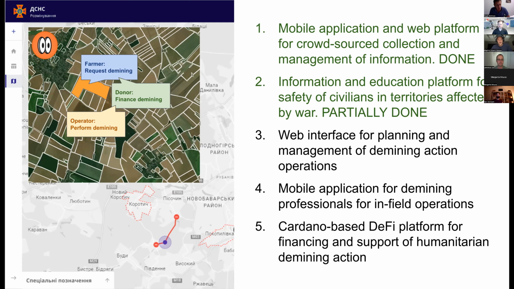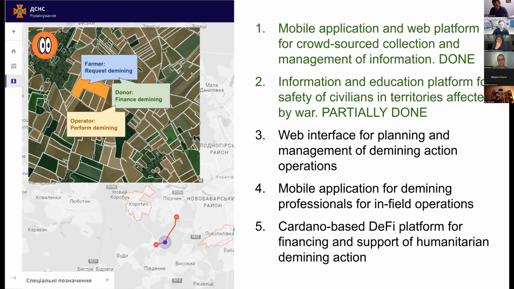Thank you very much, Magnus. And I just want to emphasize, repeating what you just said, that the whole point is the specificity, and this is where blockchain plays a significant role. There are extensive red areas that are mined, and we can go field by field and find people that want to help unlock this piece of land and give them a certificate that this has been cleared and certified, go through the submission of application, allocation of funds, and then somebody goes there, does the demining action, and then certifies the area.